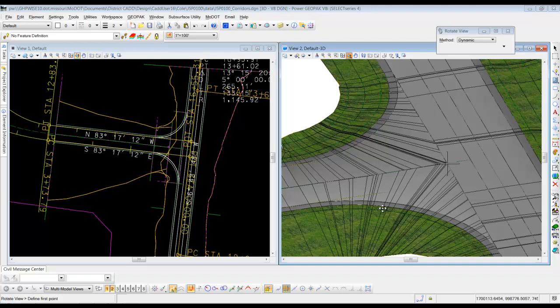In this next portion of the exercise, we're going to create an island. There'll be a raised island over here in the 3D window. You should be able to see it when we're finished. It uses a template of a curb, a linear template, and it uses the elevations of this intersection that we've